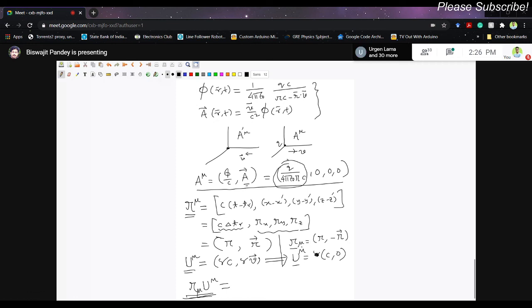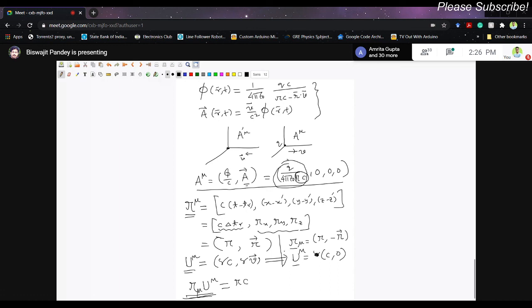So if you take a dot product between the covariant components of this r, that is r mu, and u mu, in the rest frame of the moving point charge, you will get how much? You will get rc, right? rc. You see, that is exactly what we want here. You see, there is rc here. You can see q by 4 pi epsilon 0 rc. Because if you divide it by c, you will get r, because this is phi by c, the scalar potential divided by c.